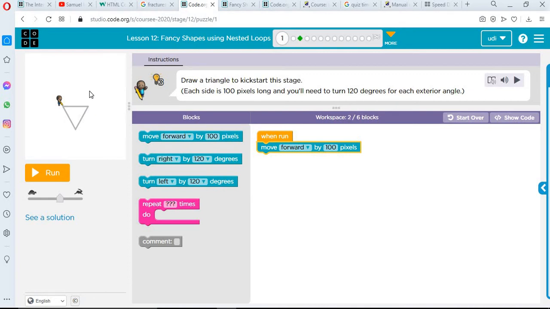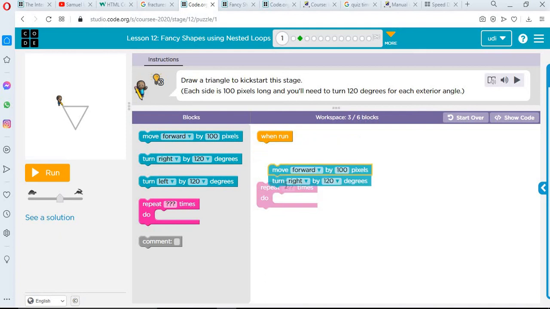Are we turning left or are we turning right? Yes, we are turning right. So I'll pick turn right at 120 degrees because that is what they have asked us to do. Now, because we are drawing a triangle, what we have just done is just for one side. So the only thing we can do to complete it is to apply a loop. And which block can we use to apply a loop? Yes, the repeat block. So I'm going to carry the repeat block and place these two blocks inside the repeat